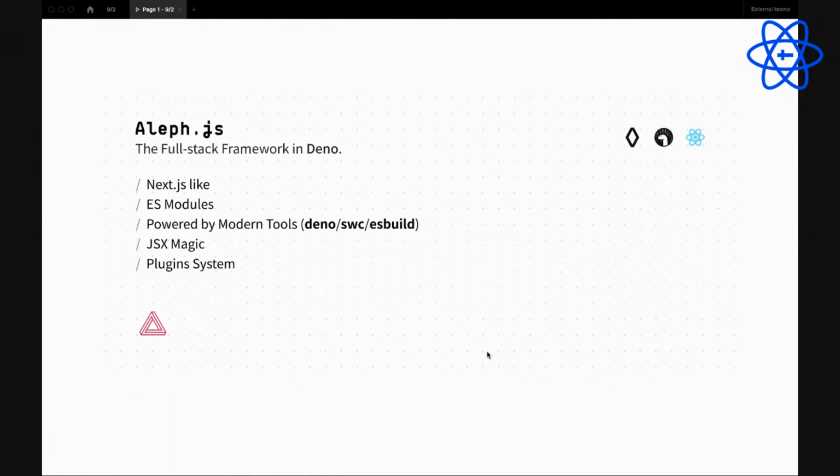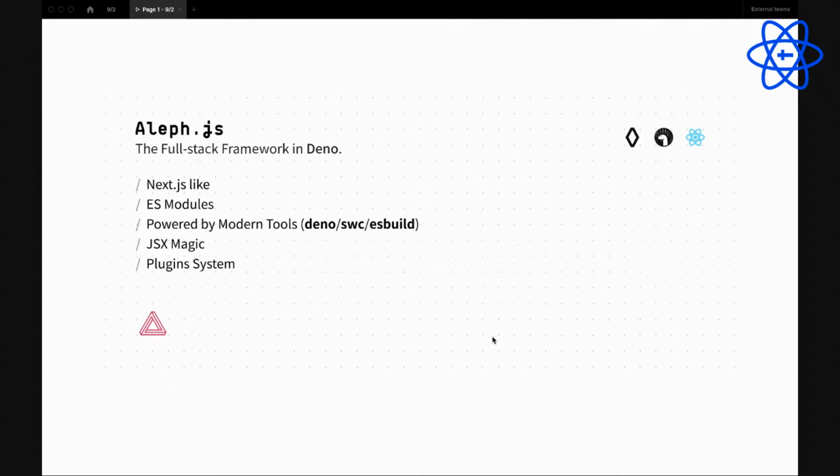Hi. Okay. So what is Alifjs? You can think of Alifjs as a copy of NextJS, but powered by modern tools.